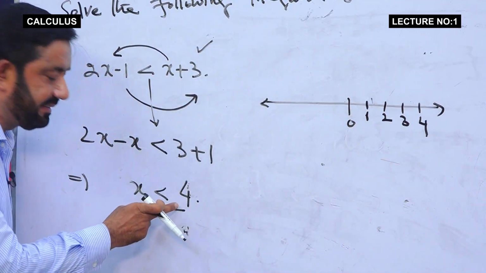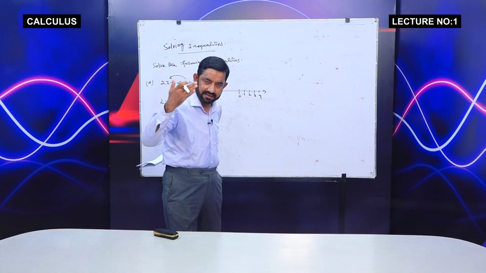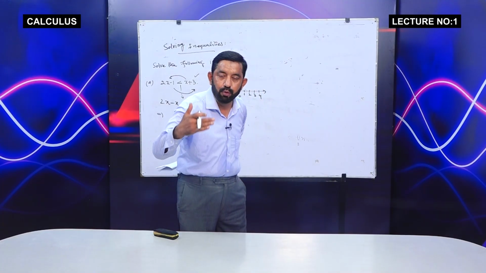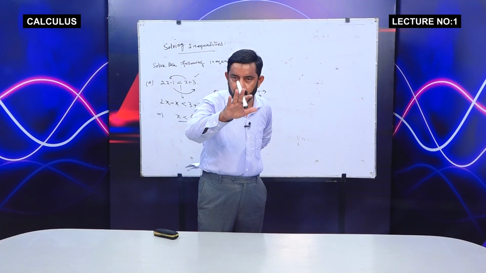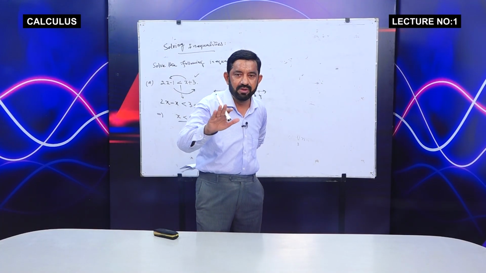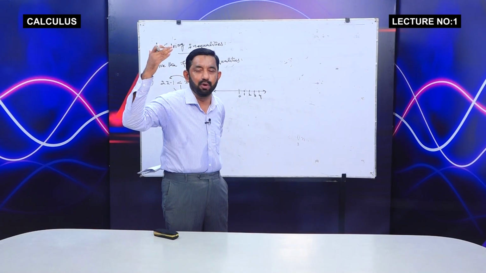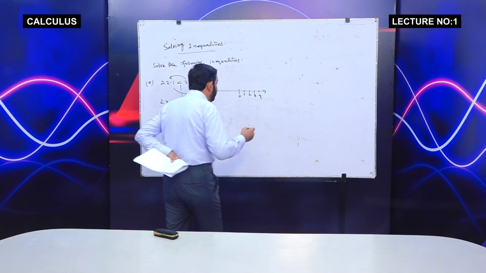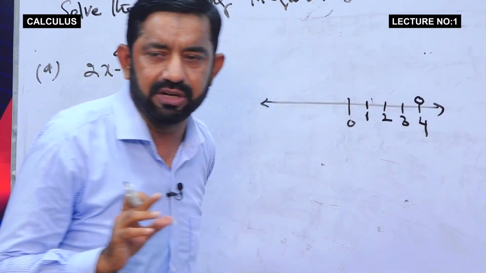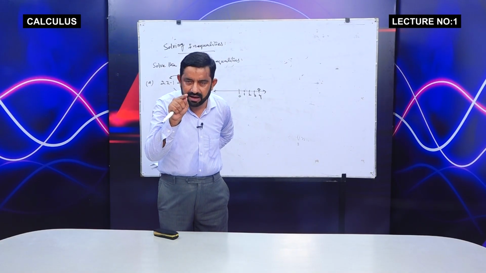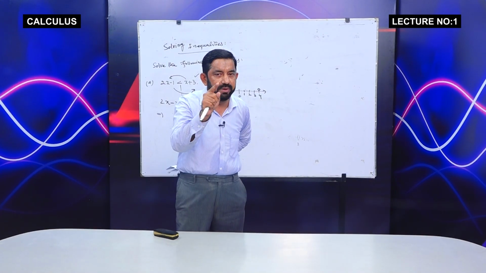So x is less than 4, means 4 is not included. 4 से x की वैल्यू छोटी है तो इसका मतलब है कि 4 शामिल नहीं है। 4 से पीछे कौन सी वैल्यू है, हम इसको बता नहीं सकते। 4 से पीछे कौन सी वैल्यू है, 3.999। आप इस किस्म के 9 बहुत सारे लगा सकते हैं। सो यहां पर 4 के ऊपर हम लोग एक हॉलो सर्कल लगा देते हैं। हॉलो सर्कल मतलब है कि ये एक गोल दायरा आप लगा देते हैं जो अंदर से खाली है, जो ये शो करता है कि 4 शामिल नहीं है।